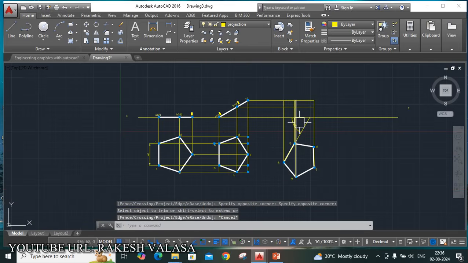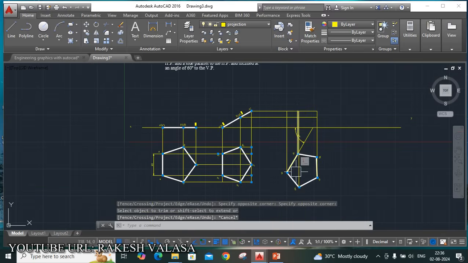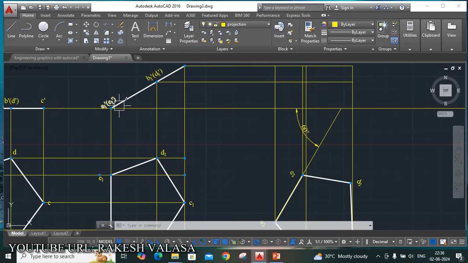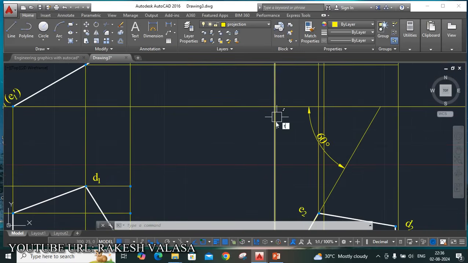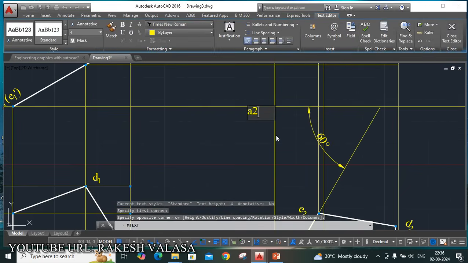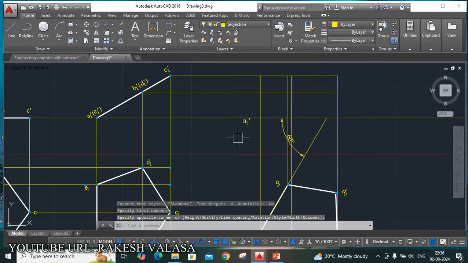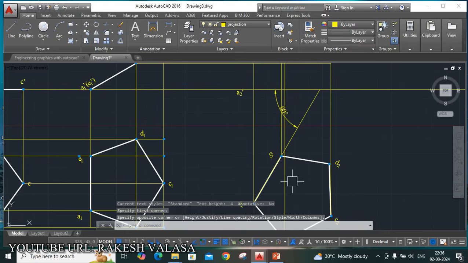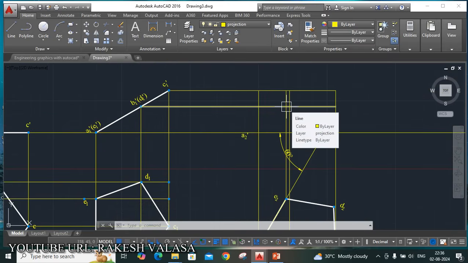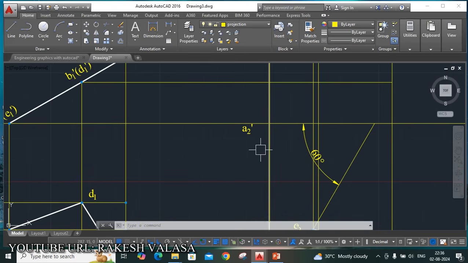Next, locate the intersection point, that is A2 vertical projector and A1 dash horizontal projector, that is A2 dash. T enter. Give the name A2 dash, subscript. Next one is B2 vertical projector and B1 dash horizontal projector, that is B2 dash.